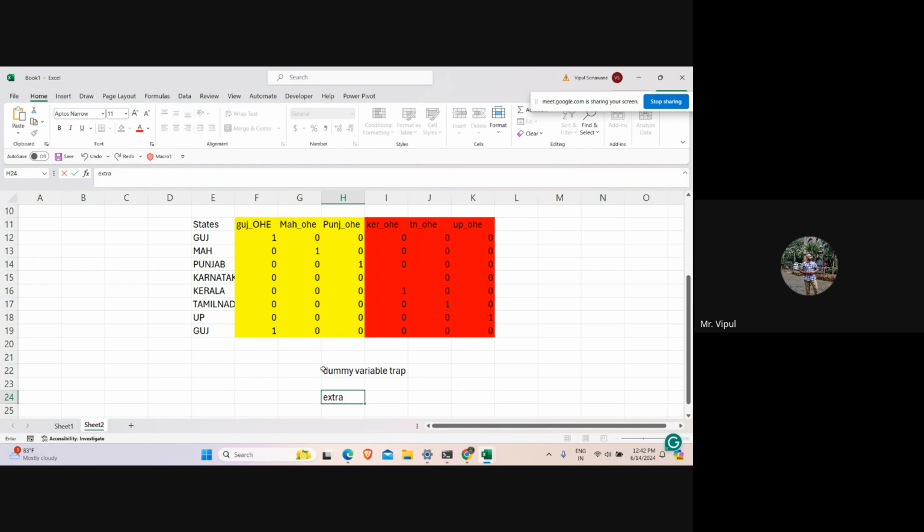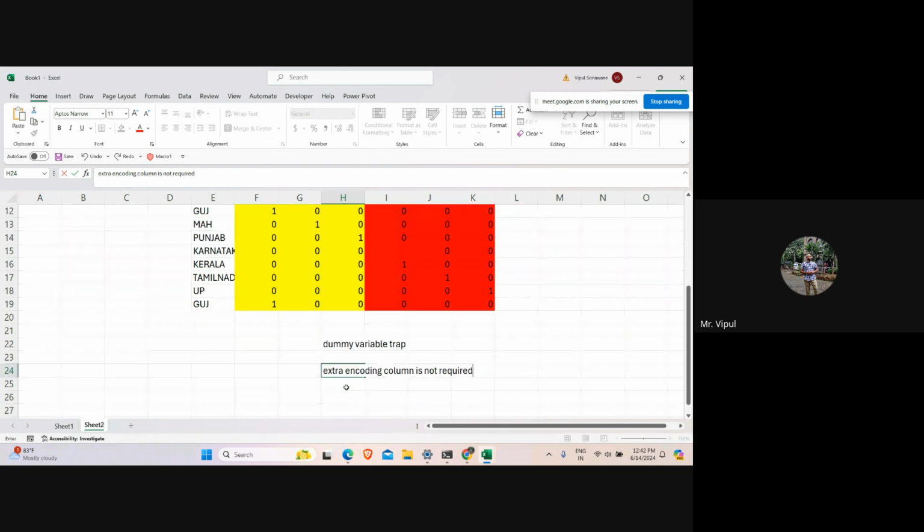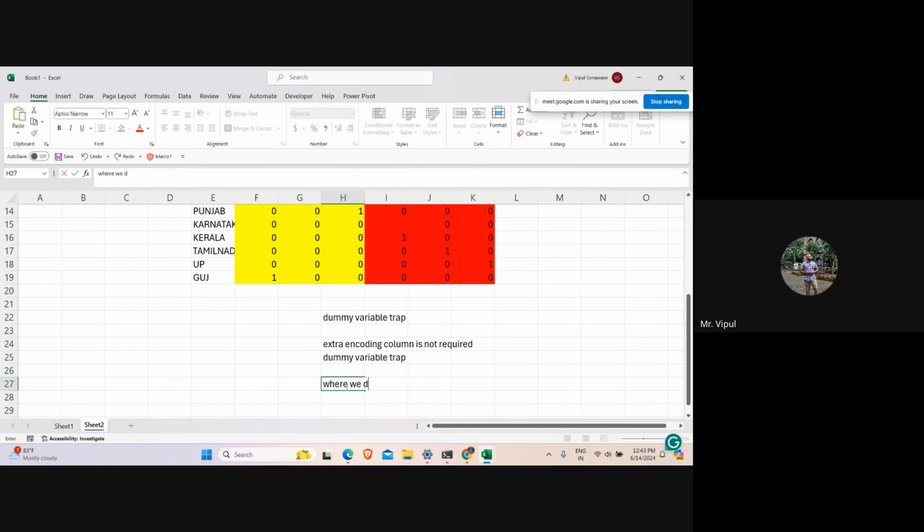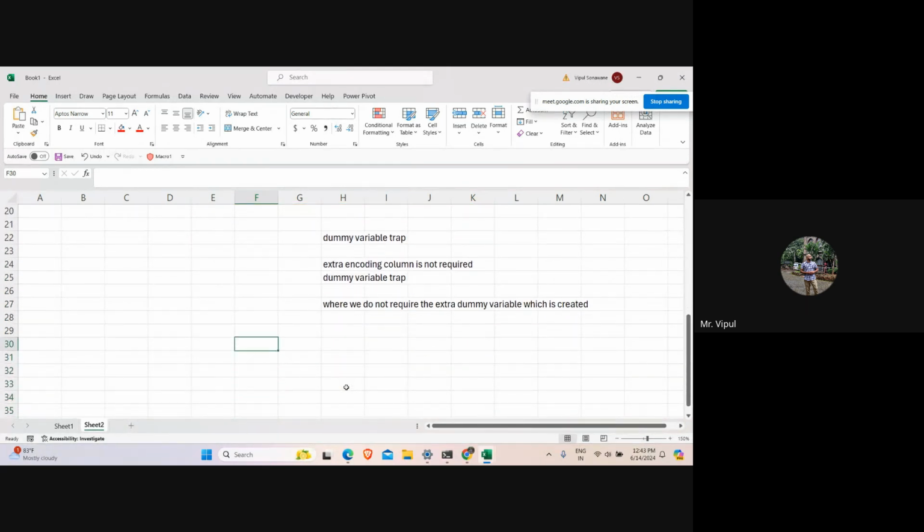Extra encoding column is not required. Do you feel this? And this particular thing is known as dummy variable trap, where we do not require the extra dummy variable which is created. And this is known as dummy variable trap, where ये जो extra variable है